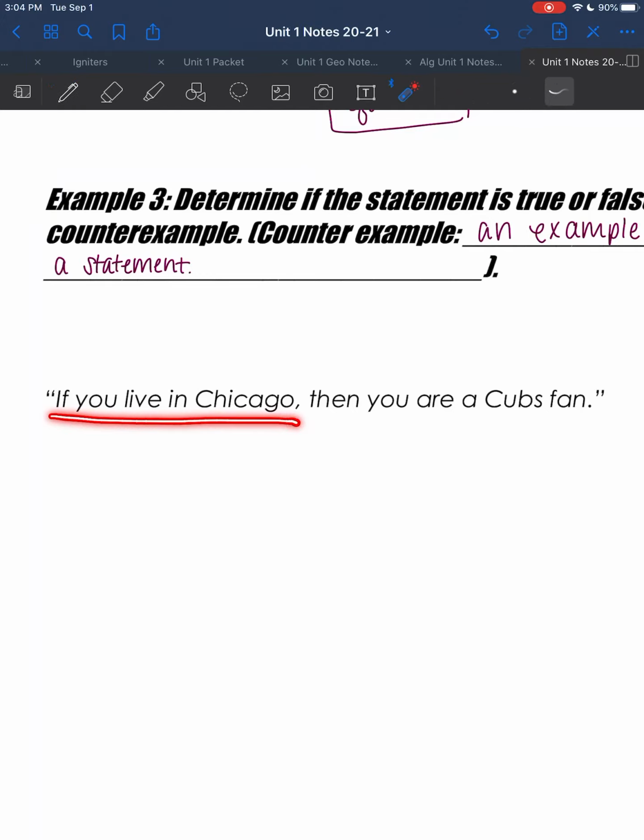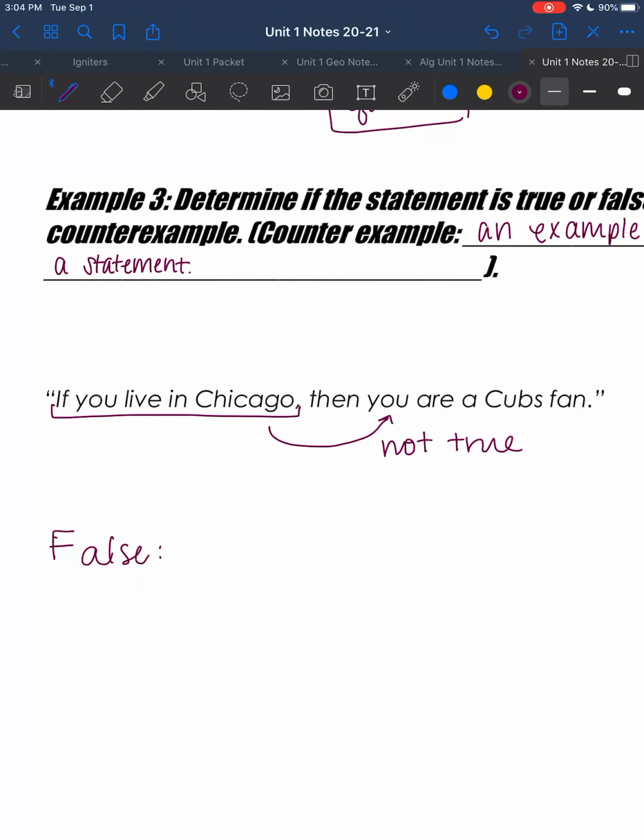this says, if you live in Chicago, then you are a Cubs fan. So I'm trying to disprove this. So what that means is I need to figure out a way to have this be true, but this is not true. Okay? So this statement is going to be false. And a counterexample would be, if you live in Chicago,